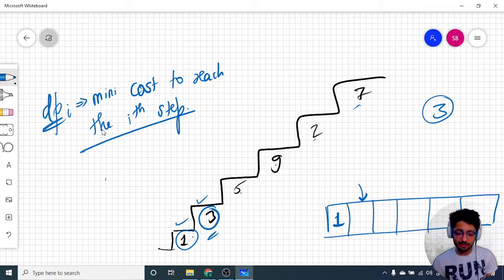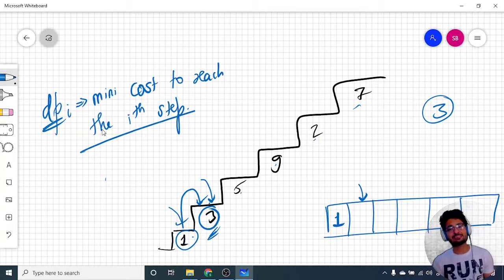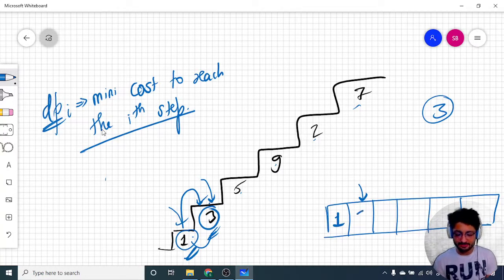Now, if the value I have to pay is 3, there are two options. I can either give 3 rupees and stand on this staircase, or the other option can be that I can go from this staircase to this staircase. If I want to reach this staircase, one option can be to go from this to this staircase or directly stand on this staircase. Which is beneficial? If I go from this to this, I will also have to add this value, which is bad for me. So directly stand on this staircase. So the value for this is 3. So the first two values are defined.